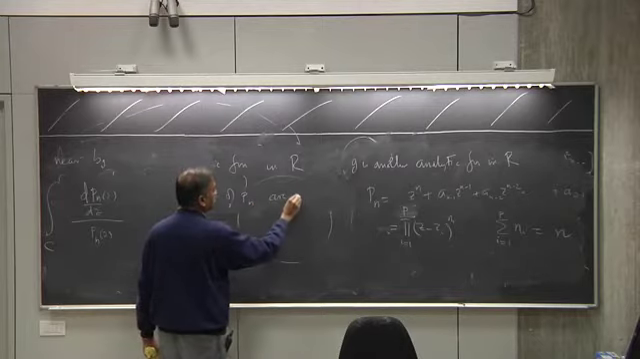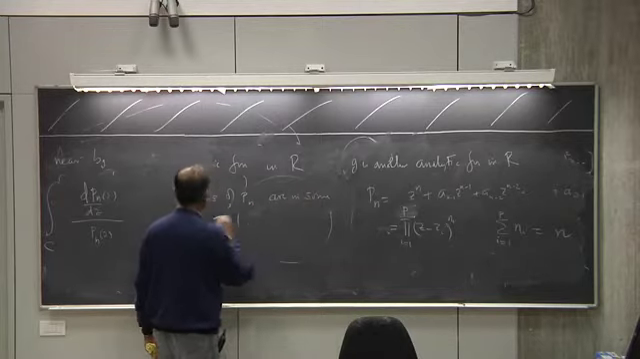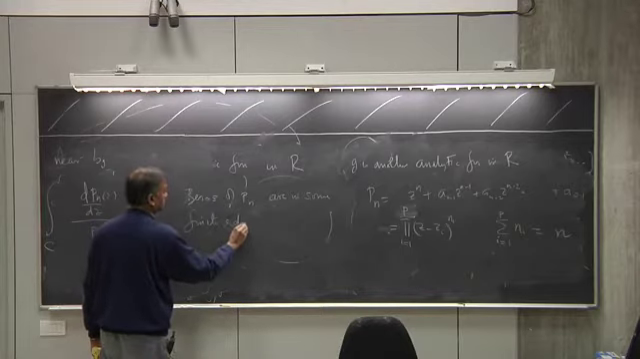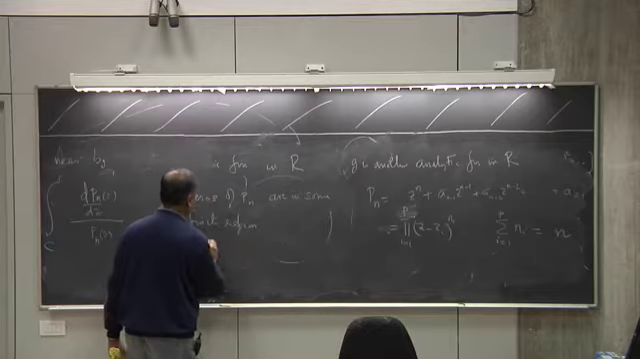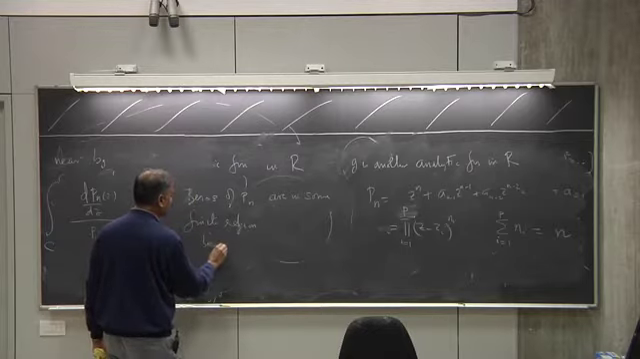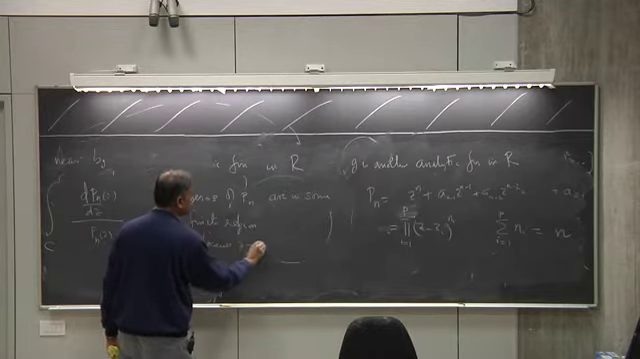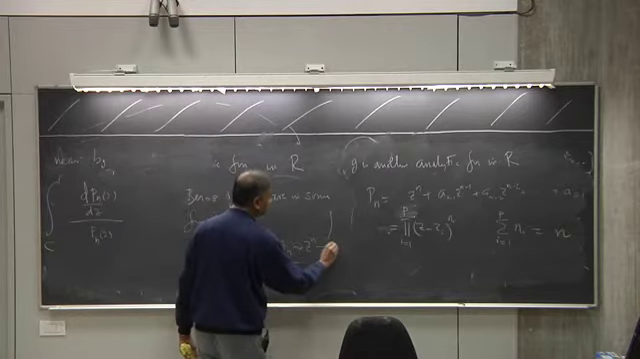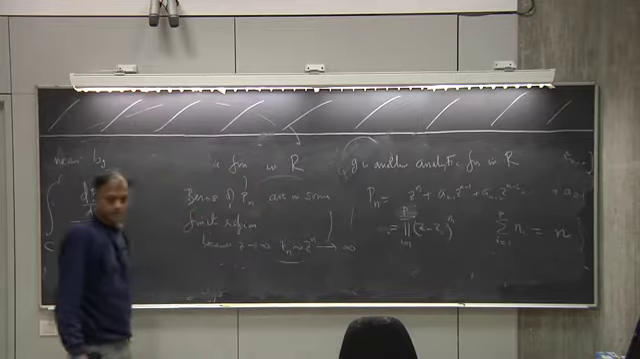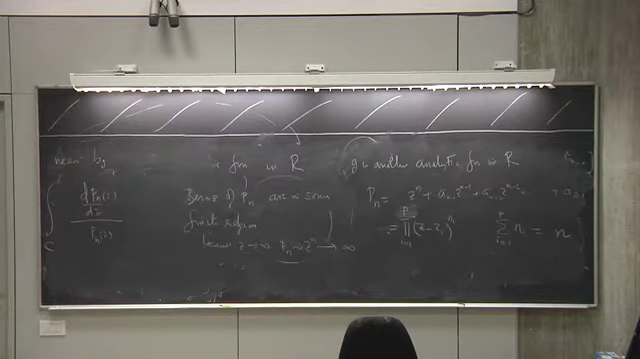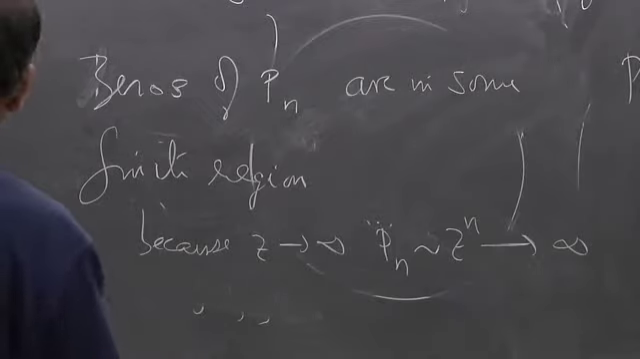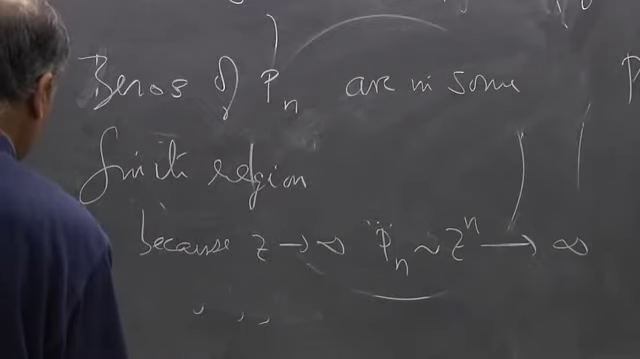are in some finite region, because as z goes to infinity, Pn behaves like z to the n, which actually goes to infinity. So, there is no 0 very far away. So, all the things are in there. So, we choose the C